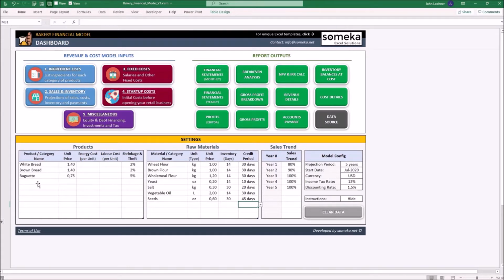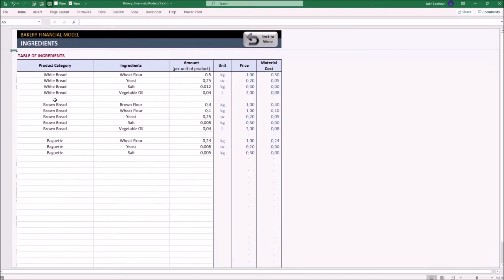Let's enter some examples for this case. Let's say we start to sell rolls. Now we can carry on with the ingredient lists. In this section, enter the product you're going to sell and its ingredients. Unit price and material cost will automatically appear once you choose the ingredient. So let's say